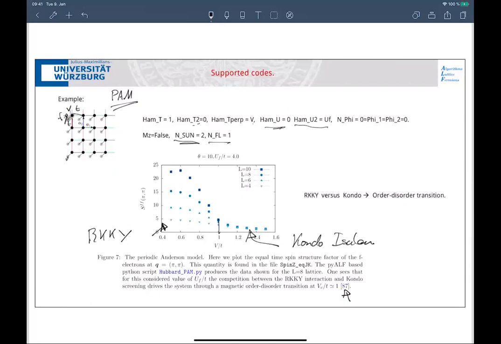And so you can see these are the spin-spin correlations at pi. Here you see that they grow as a function of system size. So this is a symmetry broken phase. And here they certainly are intensive. They don't grow anymore as a function of system size. These are just results which you can produce with this Python script, but it takes a bit of time because we go up to 10 by 10 and the results are not so bad. And so you can reproduce this plot with this Python script, Hubbard_PAM_pi. Okay, so it works, and the V_c is more or less the same as you get in this paper. This is an old paper, so they were not even as precise as this.